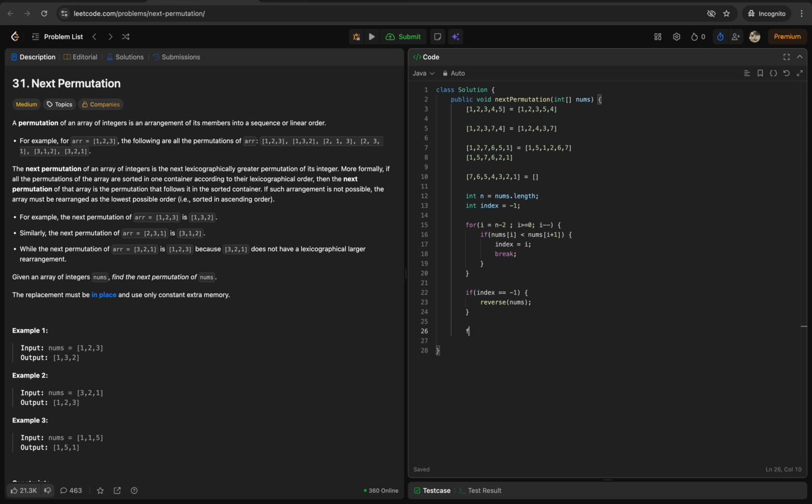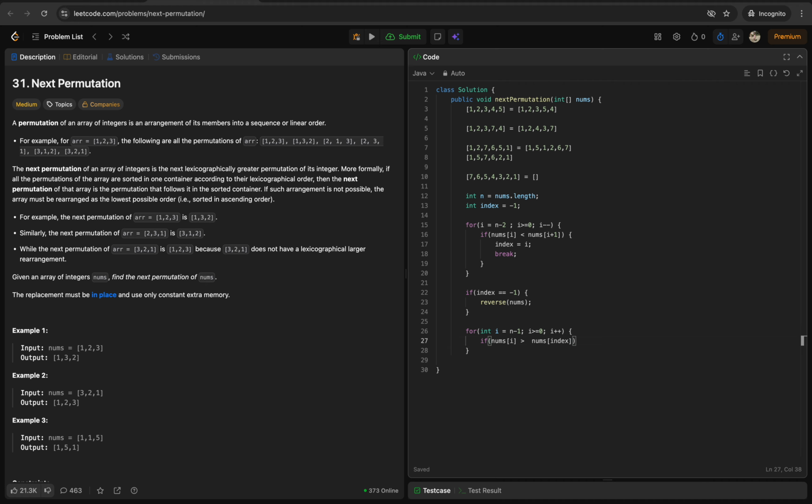So for int i equals n minus 1, i greater than or equal to 0, i minus minus, and if nums[i]